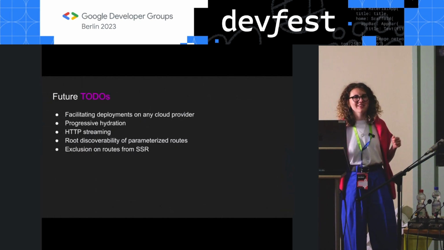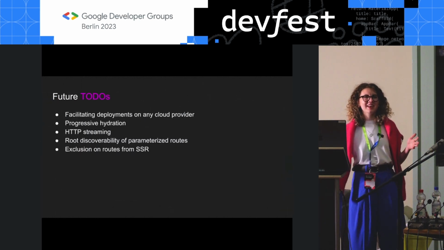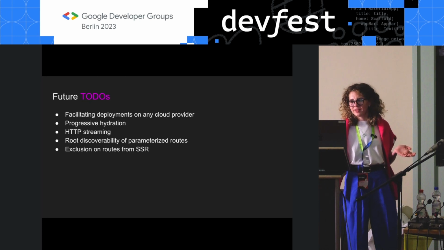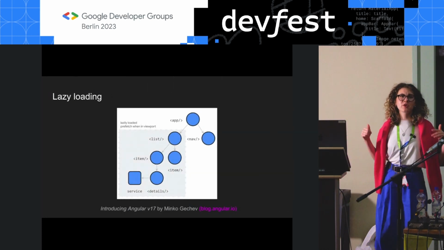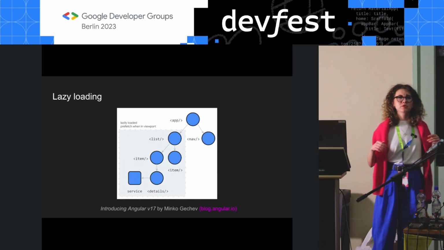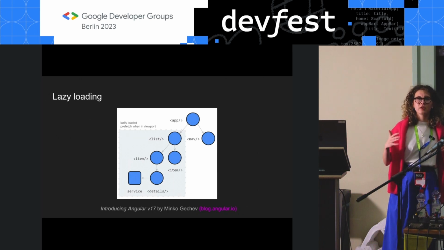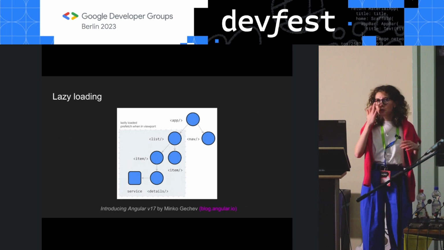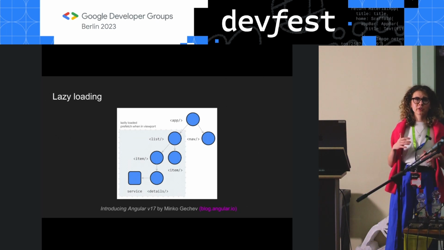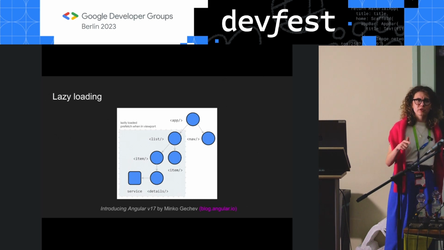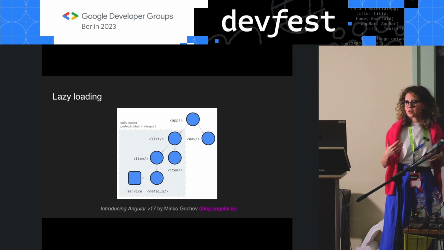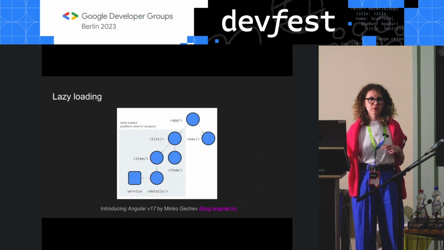Oops, too fast. What's next? What else can make our apps faster? And the answer is lazy loading. What does it mean? Imagine you have a blog. You have a blog post with your text, your images, videos, and other content. And you might want to have a comment section underneath it. Now, do you want to render the comment section right away? Well, probably not. Maybe you want your user to scroll down and finish your post before showing them the comment section. And that's what we call lazy loading.